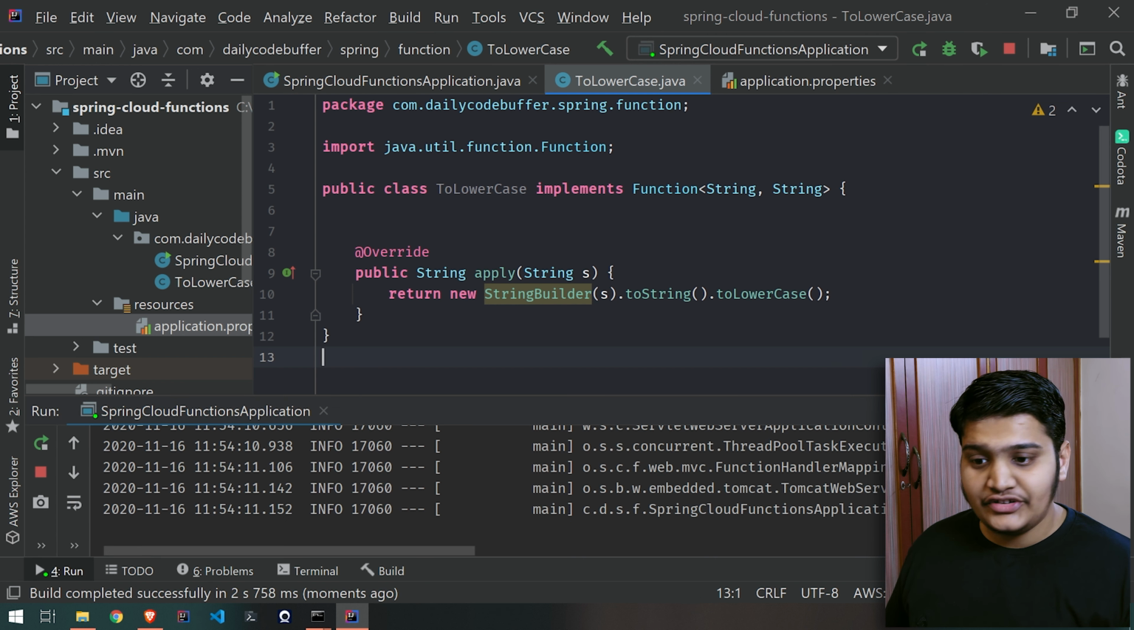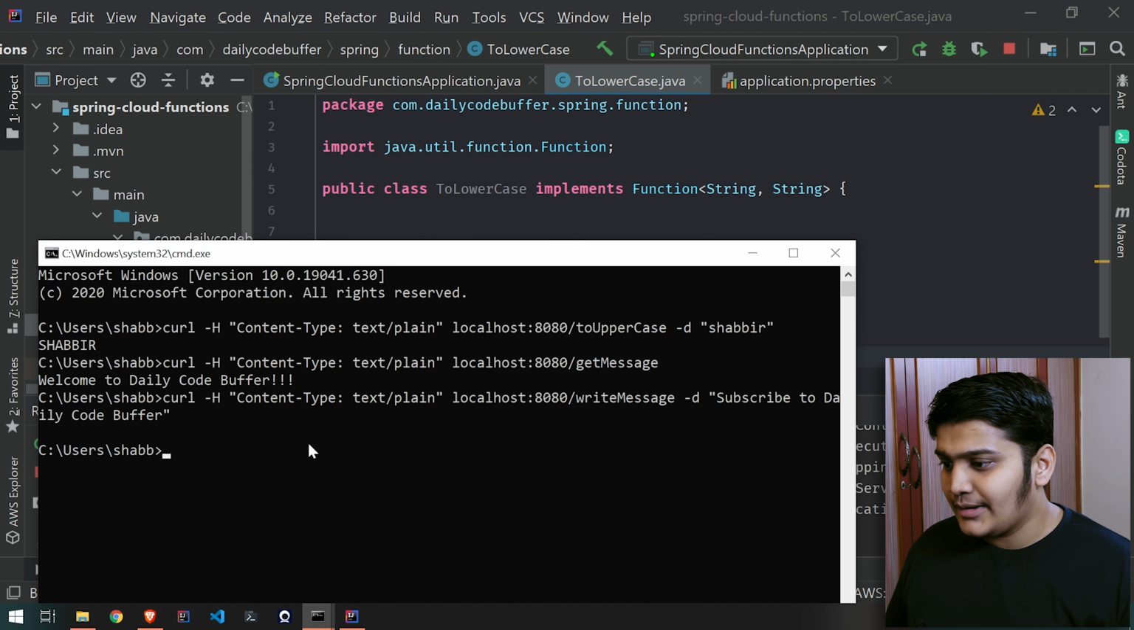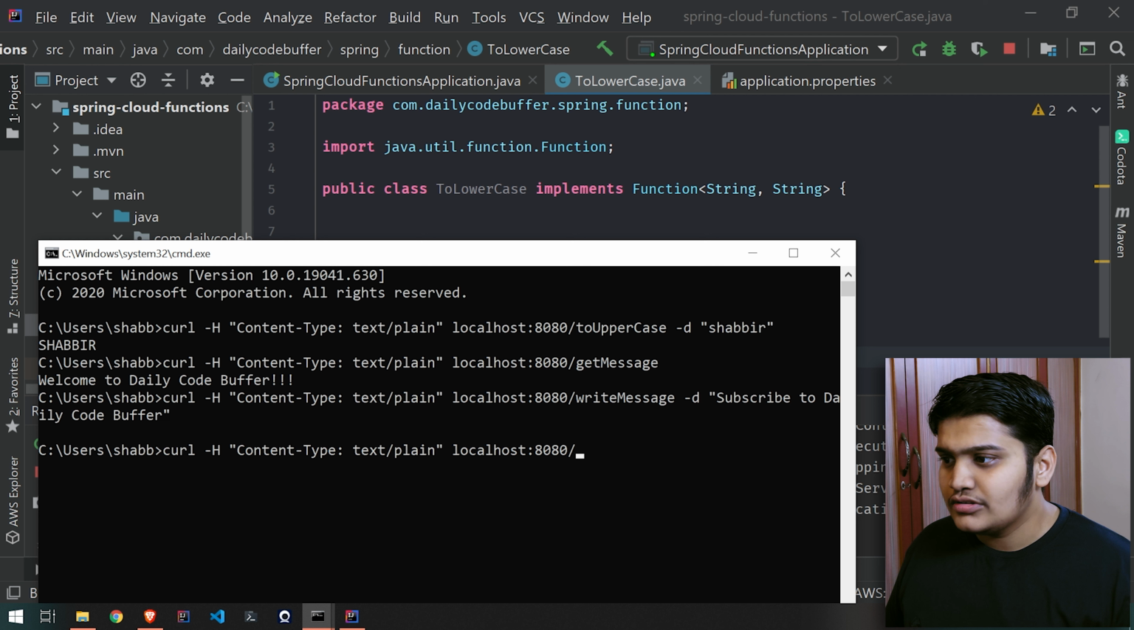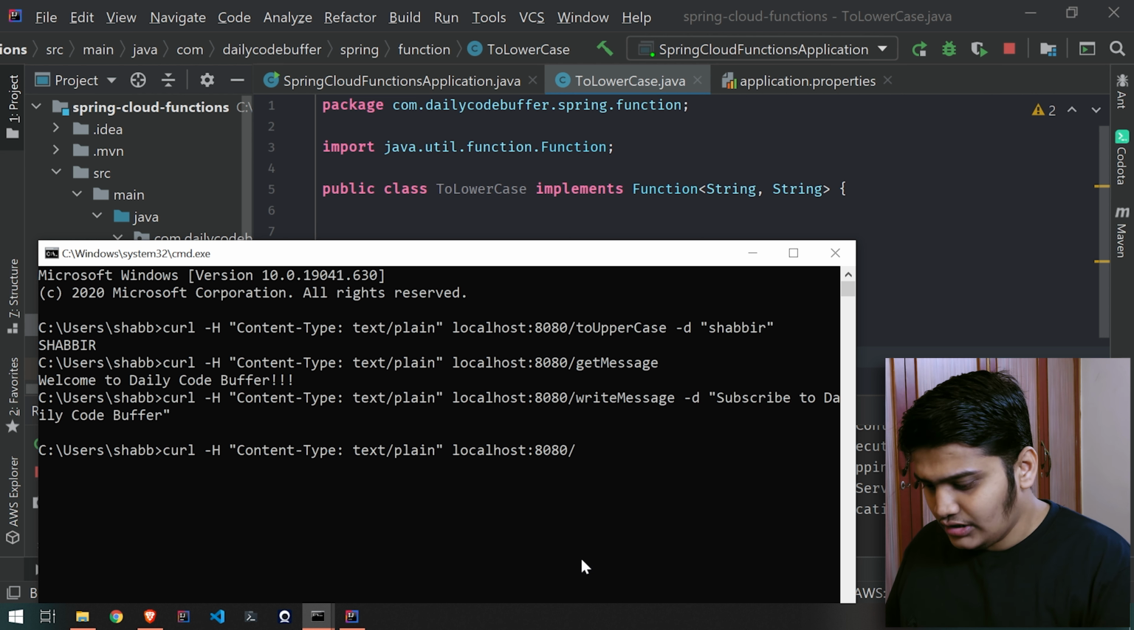So you can see that the application is started. Let's go to the command prompt, and you can see here we can call the method toLowerCase. When you call it, the first character should be lowercase. So we'll call toLowerCase